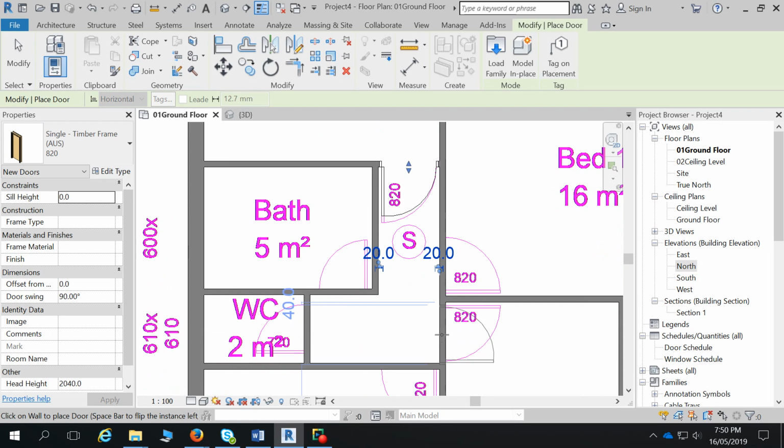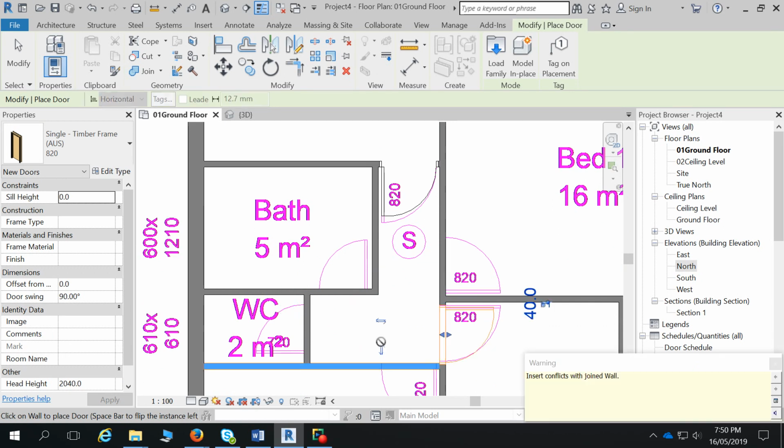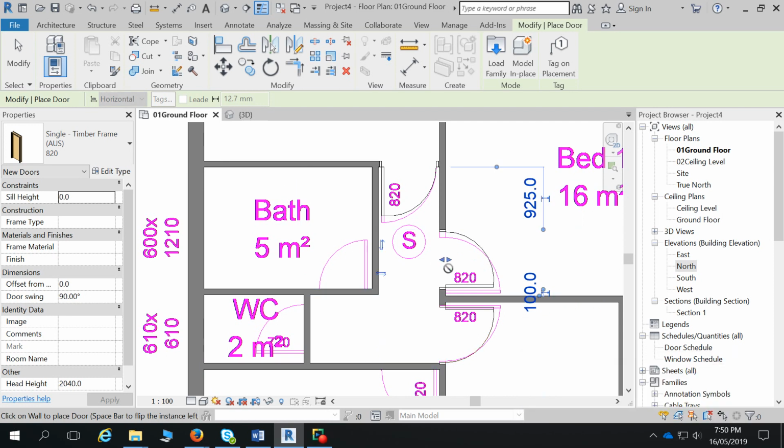Again, if you get errors like this, don't worry about it. You can just keep going and move the door after the fact. So if you get the insert conflicts with joined wall, don't worry about it too much. You can move them after the fact. If you can't get them exactly right as the CAD, again, don't worry about it. You can move it after you've put them in. So you want to go to